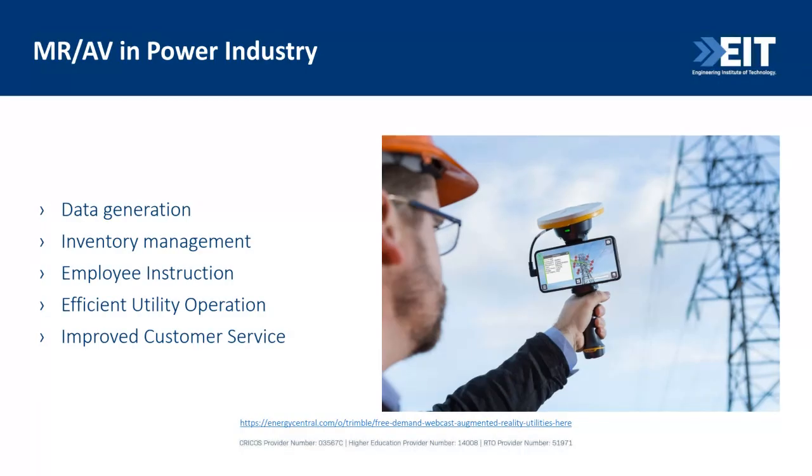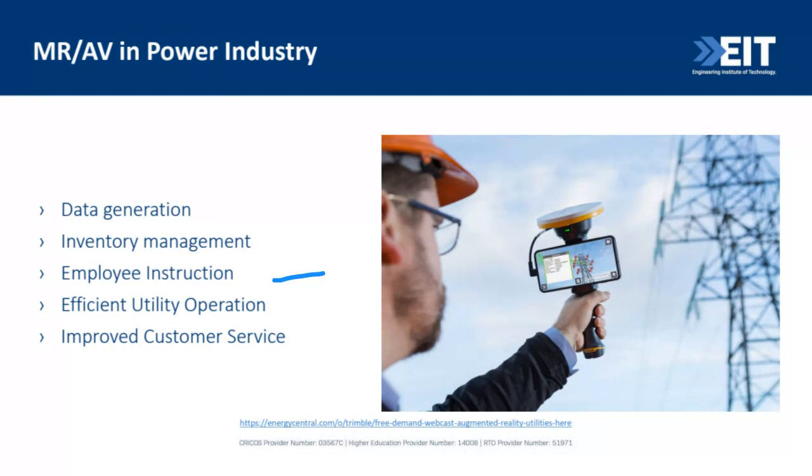So that's basically the manufacturing industry. Similarly, with the power industry, I think the training we already mentioned. So the employee instruction basically falls under that. Inventory management is another very important area. Data generation, I think what they're talking about here is that there are various sources that might provide data, and that can ultimately be sourced. For example, utility companies can use this data to approximate the extent and location of the damage. Basically, that's what it can do.